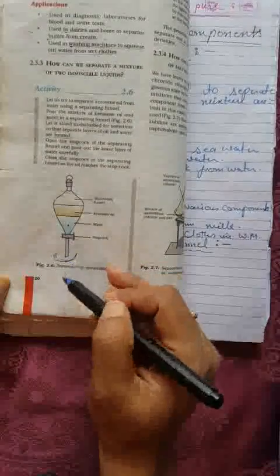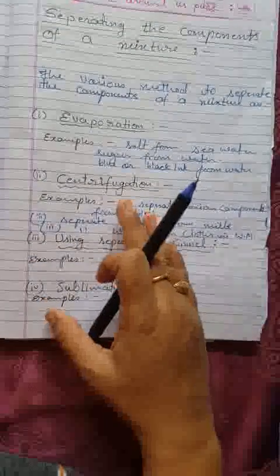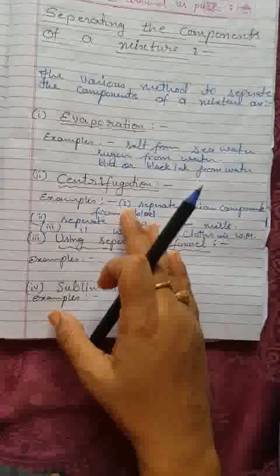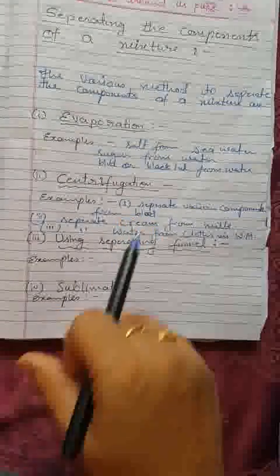Then again we'll keep another vessel, and the kerosene oil will come down. So by using a separating funnel, we can separate various liquids which have different densities. Now listen, this method to separate the components, it's not exactly that we always use this type of separating funnel. For example, in an iron furnace where we get iron, this method is also used. What happens actually there?